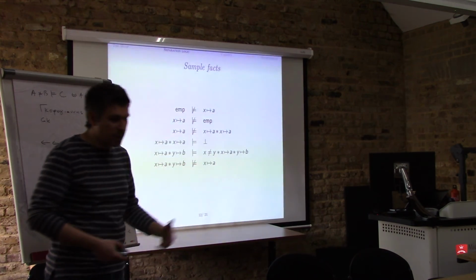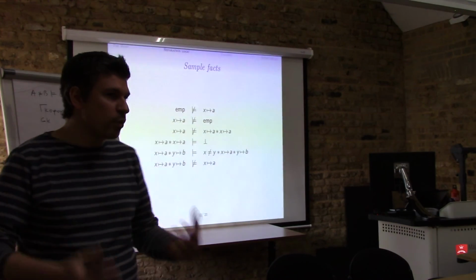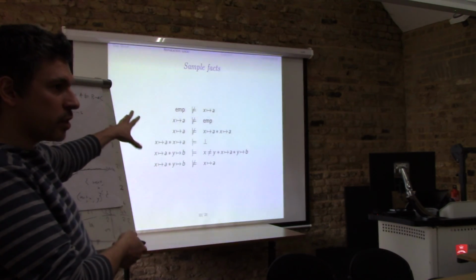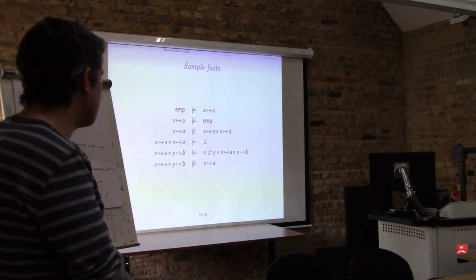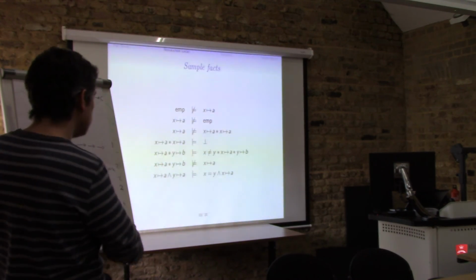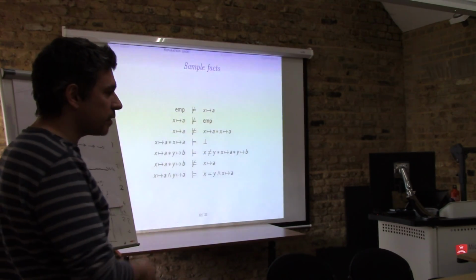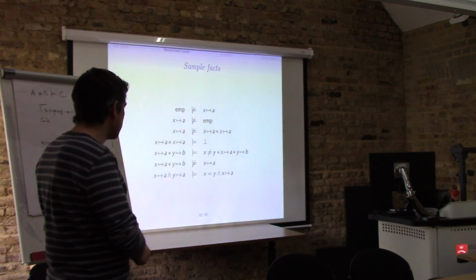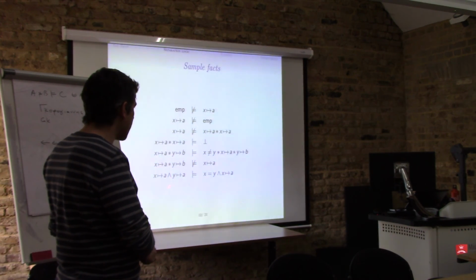So it's just the interplay between the points-to and the star that is important, because this is not a first order kind of thing, right? If you replace the star by classical conjunction, then you get the exact opposite. So if you say my heap consists, and this is classical, note